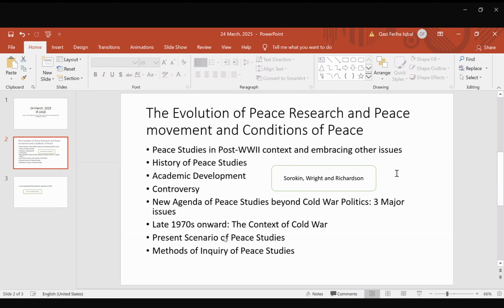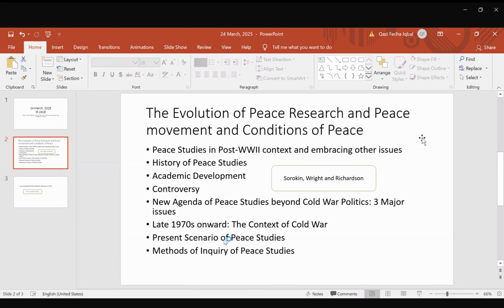Number one, former colonies were getting political independence throughout the 1950s and 1960s. So we have seen how different nations were getting political independence from different colonial powers. A number of African states were getting independence from France and Britain and Belgium. There were Belgian colonies as well. In the Asian context also, we have seen different new nations arising out of this decolonization process.